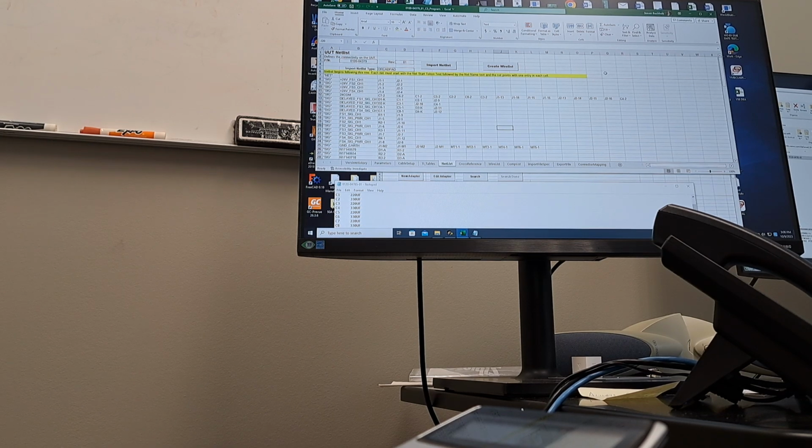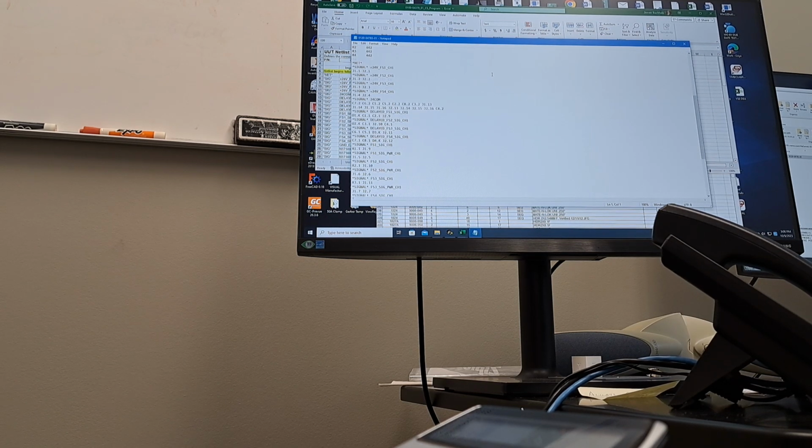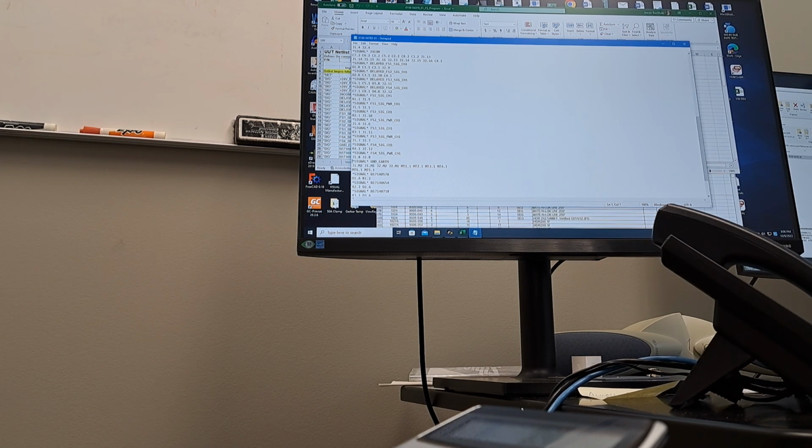So let's go find that in here. You can search for it. This is a small enough thing that there it is, ground earth. That's all of the signals for ground earth. If I delete them